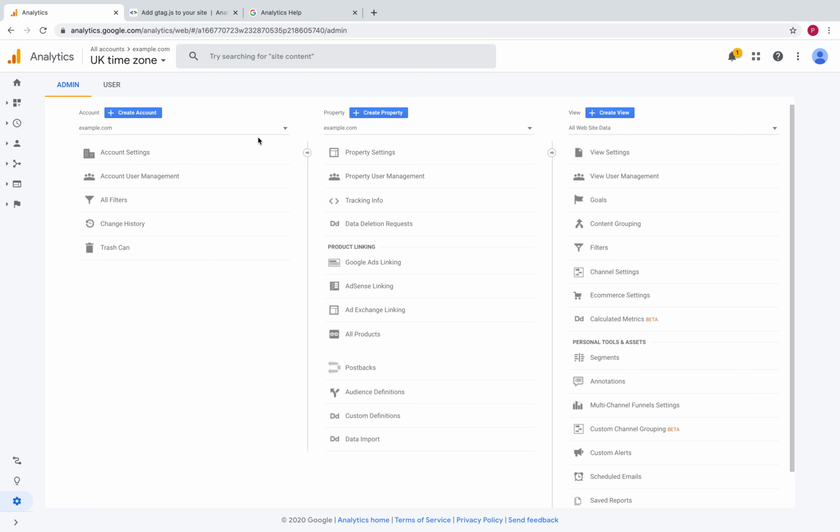Now let's go and see some reporting. Because this analytics account was just created, and as you saw, I didn't put it on any website, it obviously doesn't have any data yet. So I have some accounts that I have access to, and we're going to open some of them up and look at the data. Before we do that, it is important when you create a website and you start using